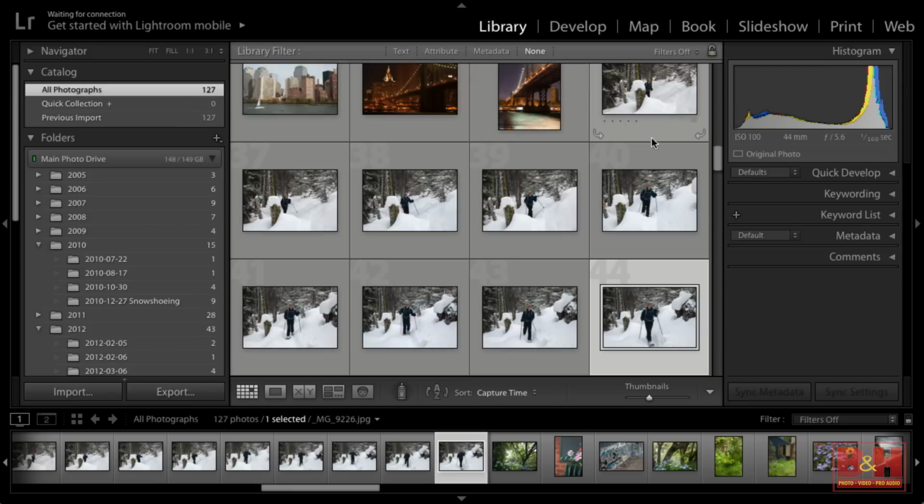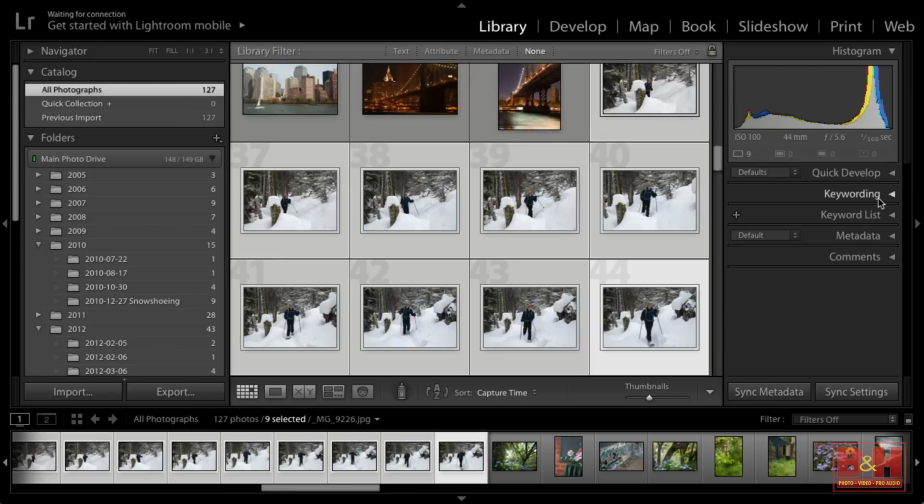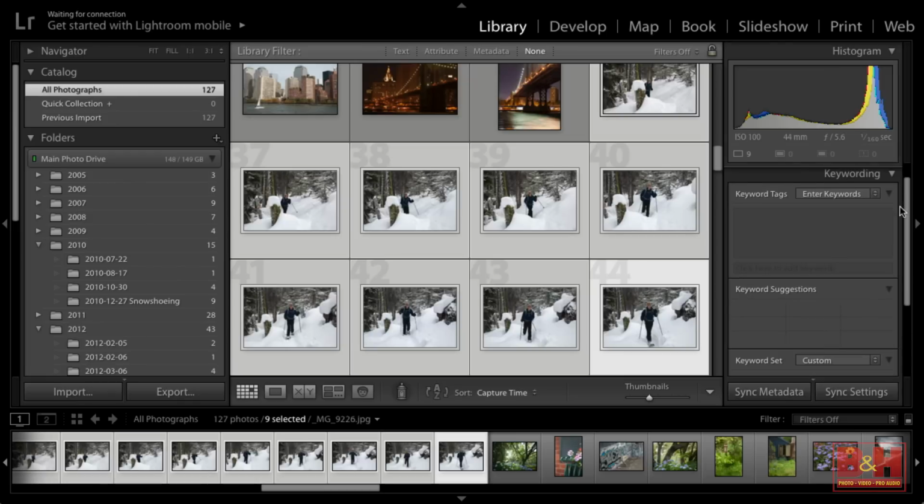So let's do that. Let me select these photos of Andy here, and in my keywording panel over on the right-hand side, whenever we want to keyword something, we start by selecting what it is we want to keyword. I got those images selected. Now in the keyword box, I'm going to click right here in this big gray open box in order to type. And I'm going to type snowshoeing. Now I need another keyword. So to separate your keywords, you're going to put a comma and a space. So one keyword, comma, space. Next keyword, I'm going to put Andy, comma, space, and I'm going to put rattlesnake, which to me means the